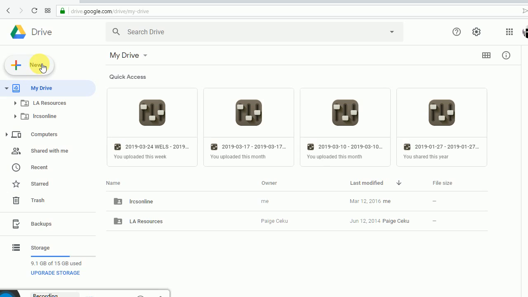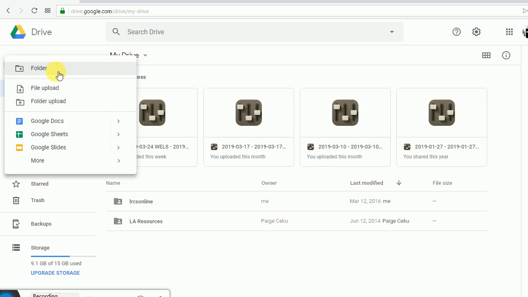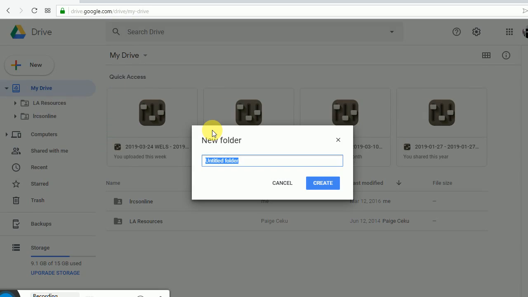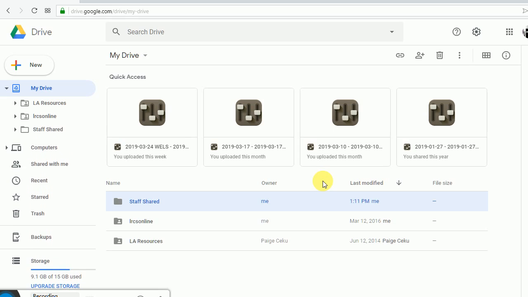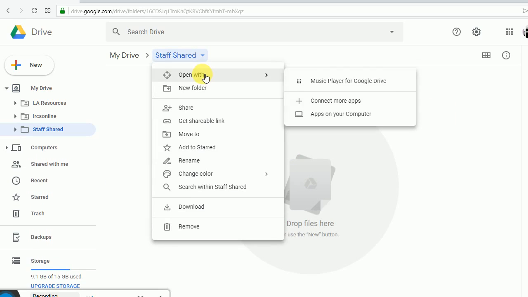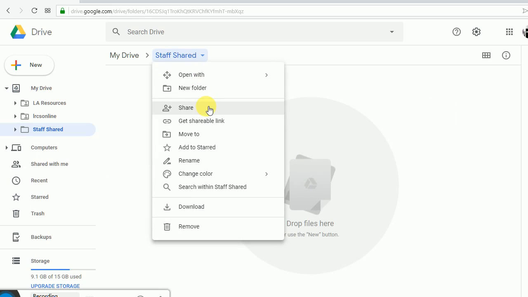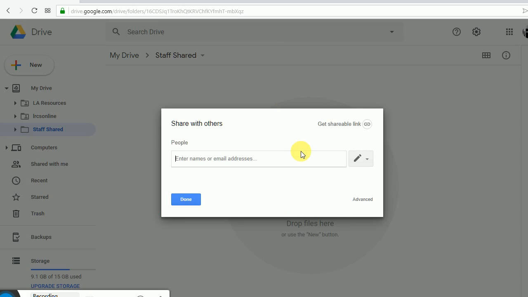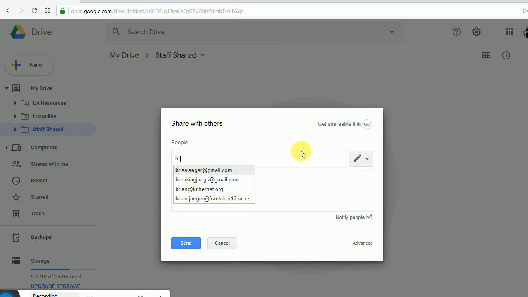All right, so we're in Google Drive. It'll start with nothing here. We're going to create a new folder. And I like to create a staff shared folder first. And what we'll do on that one is share it. And we're going to share it with